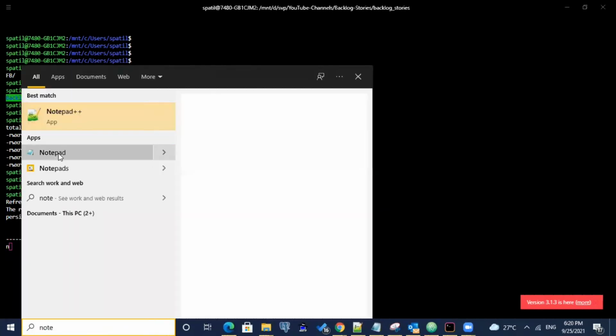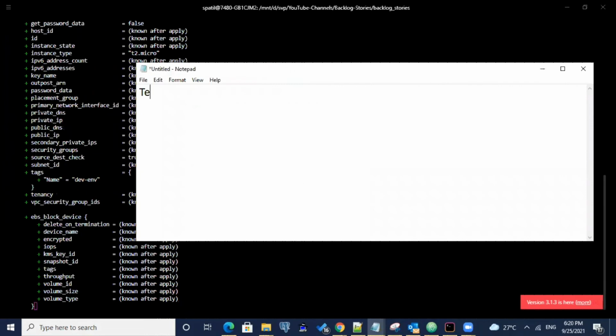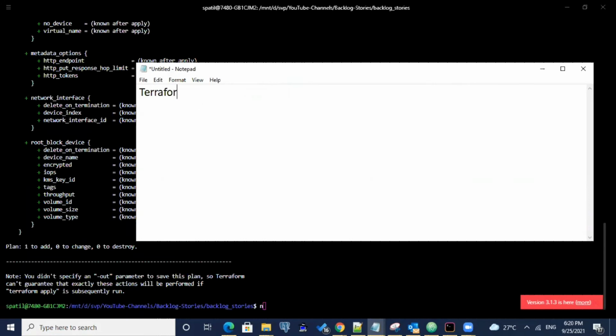Let me open a notepad. The Terraform state file is similar to an offset in most programming or scripting. Why do we use an offset in programming or scripting?